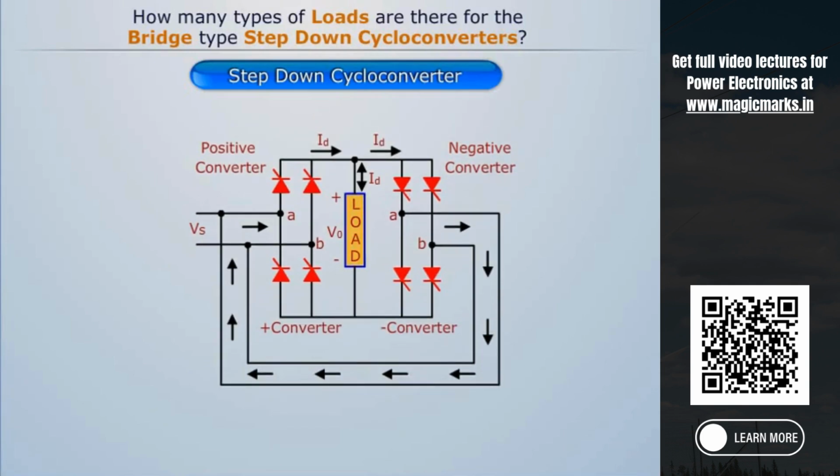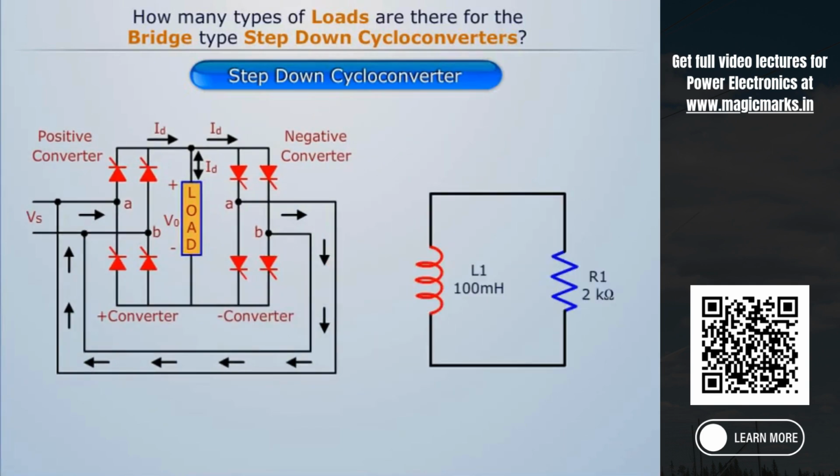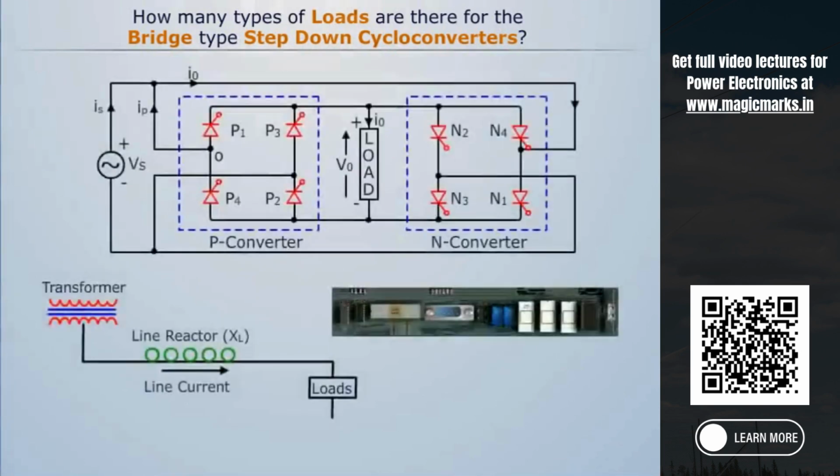The operation of the cycloconverter circuit is involved with both purely resistive and inductive loads. Thus, we can summarize as: